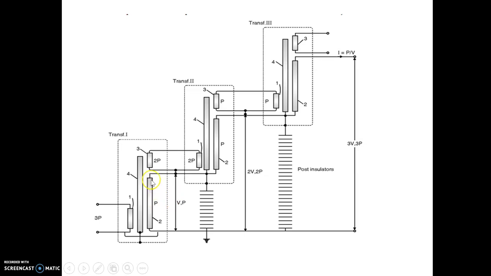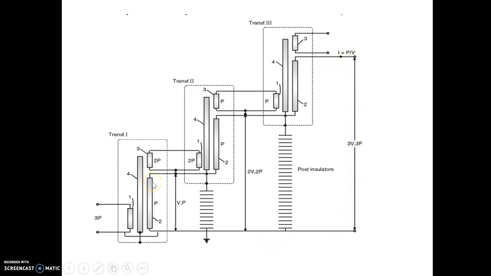You can connect these 100 kilovolt secondary windings in series. So the first winding of 100 kilovolt is in series with the next 100 kilovolt: 100 plus 100 is 200. Here it is shown as V, and V means 100, and this V is 100. So V plus V is twice V, and you get 200 kilovolt. And this is the third 100 kilovolt, in series with these two. So 200 kilovolt plus 100 kilovolt, you will get 300 kilovolt.